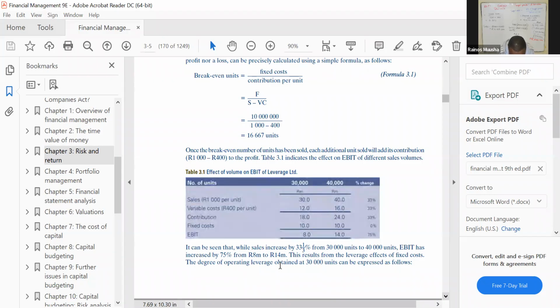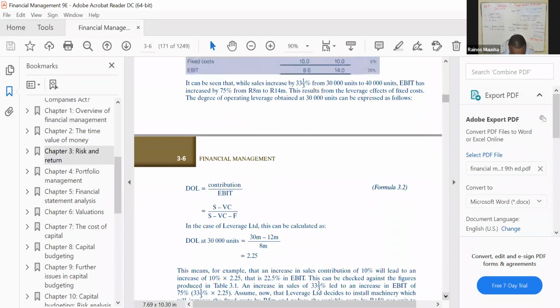So the degree of operating leverage obtained at 30,000 units can be expressed as follows, where we say your degree of operating leverage is given as your contribution over your earnings before interest and tax. And your contribution is given as your total sales revenue minus your total variable cost, divided by your total sales revenue minus your total variable cost minus your fixed cost. So this will give us the degree of operating leverage at the base level of units. So to put it differently,